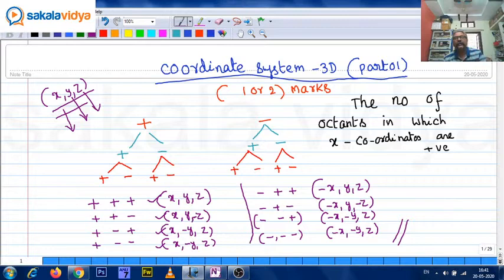You might have understood the sign scheme of the points in the different octants. Octants are nothing but compartments, just like rooms itself only. The 8 rooms are there. In those 8 rooms, the coordinate system, the sign scheme will be like this. Sign scheme we have discussed, coordinates as well as sign scheme. Okay, you might have understood now. So next let us move to,